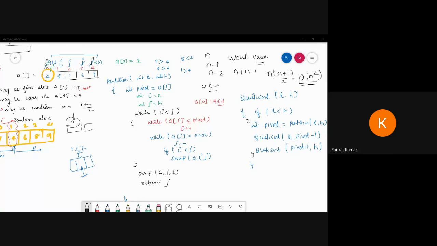Okay, so you can take. It is not mandatory that whatever I am writing you follow. That is one concept, and everyone has a different concept. So you can follow anyone, no problem. The thing is whether you can understand how quick sort will work within a given array. That is important.